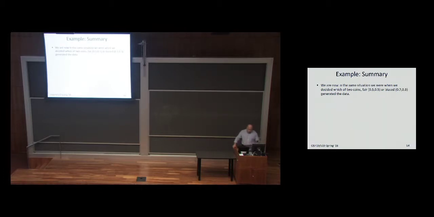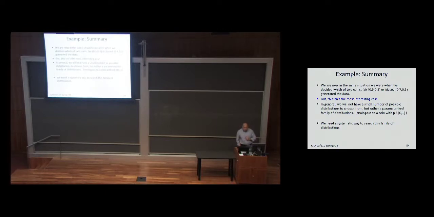And when we did it then, we said, okay, we understand the game. We can decide which of these 2 is more likely, but that's not the real problem. The real problem is, here's a coin. I don't know that there are only 2 options for the bias of the coin. There are infinitely many options. And we then solve the problem with the infinitely many options for P, the probability of head. And that's what we want to do now, right? So we want to generalize from the 3 trees to all trees. So we need a systematic way to search over the family of trees. That's the challenge that we have.